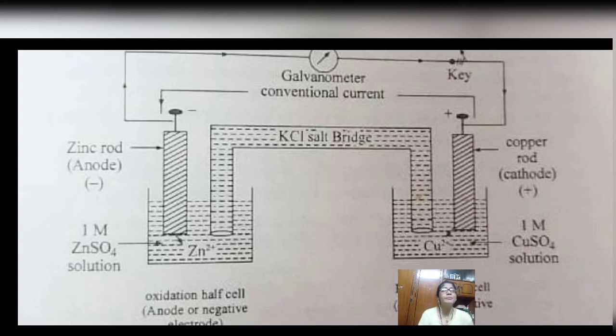Now one thing we have to remember is that the two ends of the salt bridge are plugged with cotton or glass wool. Again there is a question: why are they plugged with cotton or glass wool? What would happen if they were not plugged? If they are not plugged at all, then ZnSO4 by capillary action will move upward within this salt bridge, and copper sulfate on the other hand, due to capillary action, will move upward in the salt bridge, and these two solutions will mix up. So we are supposed to avoid this.